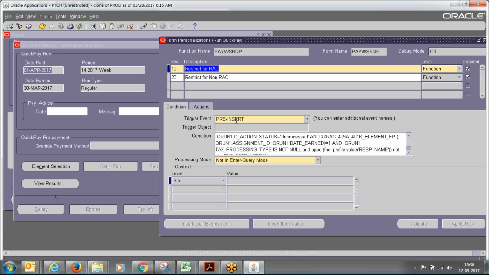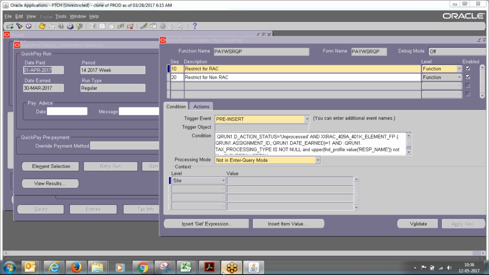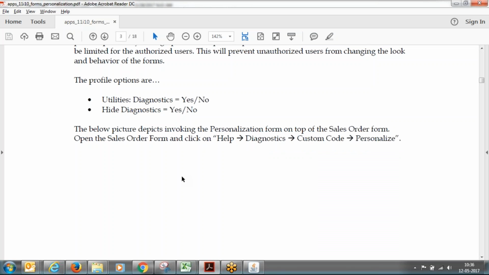What we are saying is, before inserting data, because if we insert the data and then check, that does not fulfill our requirements. What we want is, before inserting the data into the system, it should not be committed. Once we enter the data and push a tab or something like that, on that particular triggering event we want this condition to be executed, and it should not be in query mode. So if you see here in this screenshot,